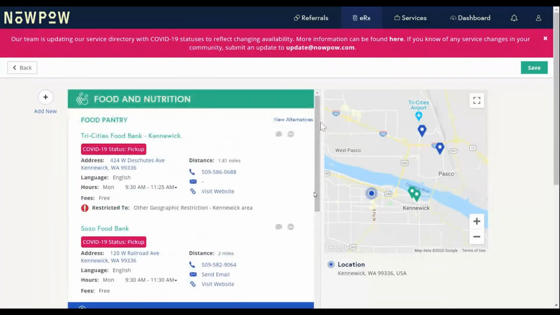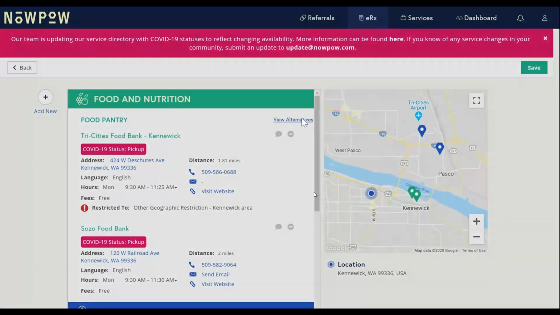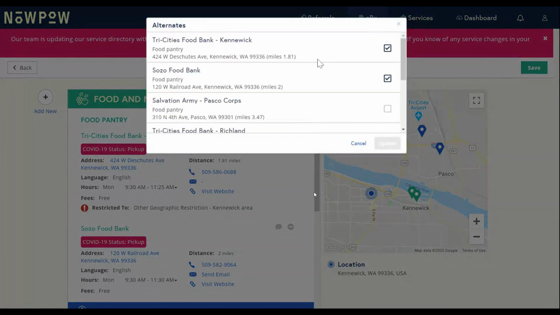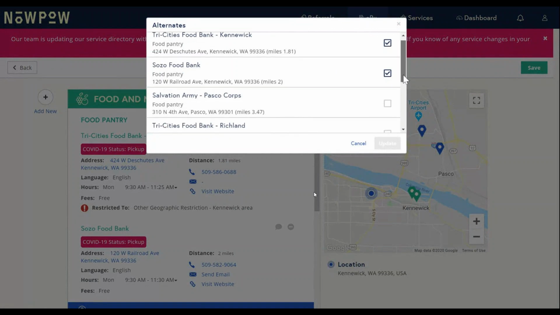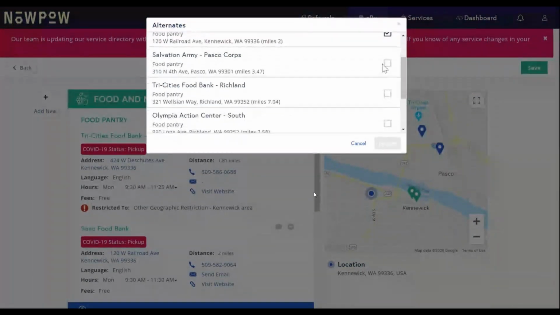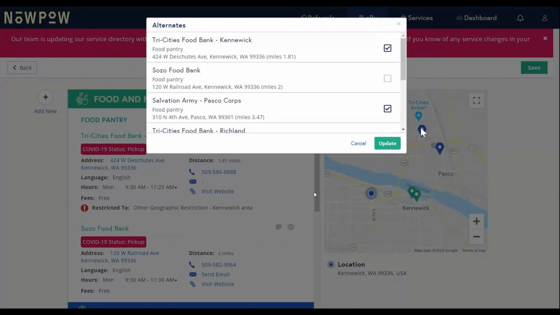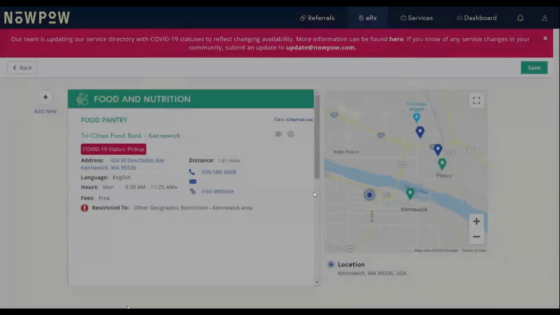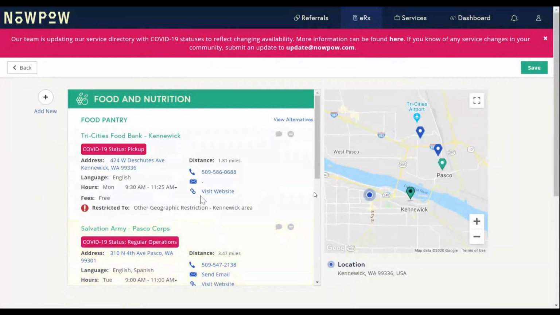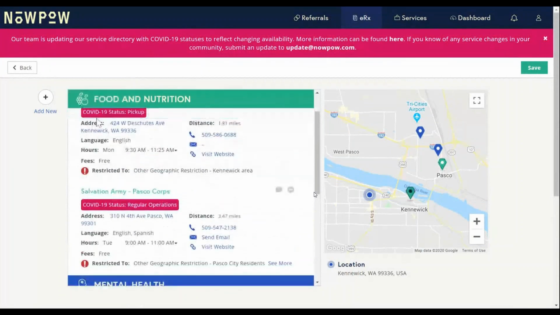It's going to give you the top 2 closest ones. So here are the 2 food pantries that are available. You can also go in and view alternatives. So if you didn't want to use that food pantry, you think this one is a better fit for your client, you could check that one instead and uncheck this one and update it, and it would come here. Now it's come there, and as you see, here's the COVID-19 status that I spoke about earlier, that it's now